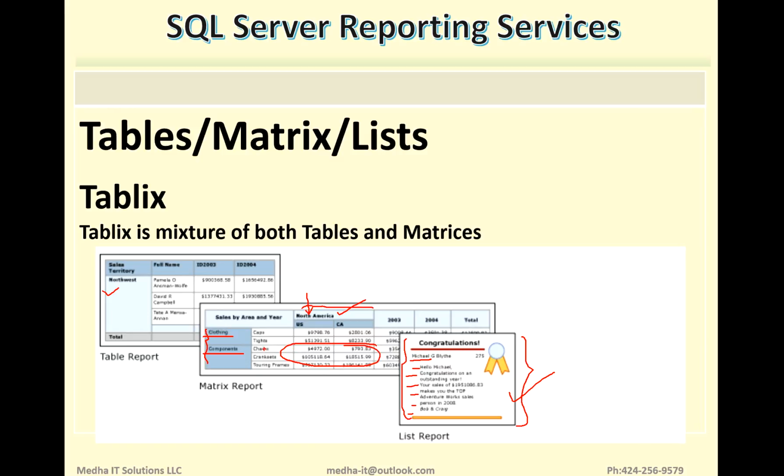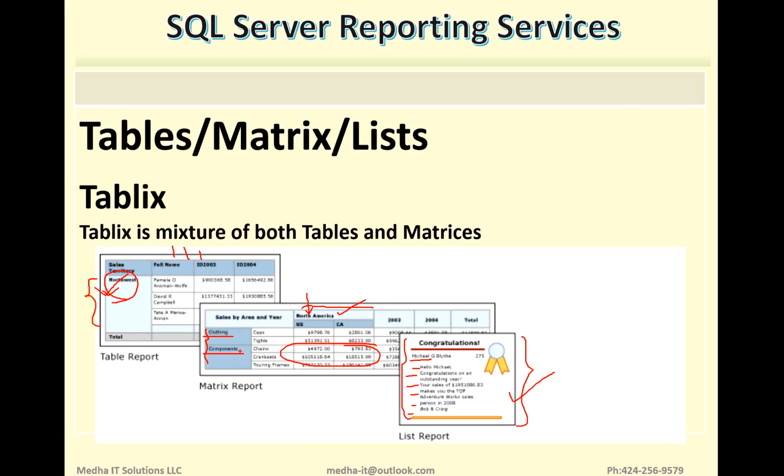This is matrix format. And then the last one we have is table format. In the table you will see only the row groups, you don't see any column groups. These are all plain columns listed, but you will see the row groups here in the tables. So in the tables we will have only row groups.